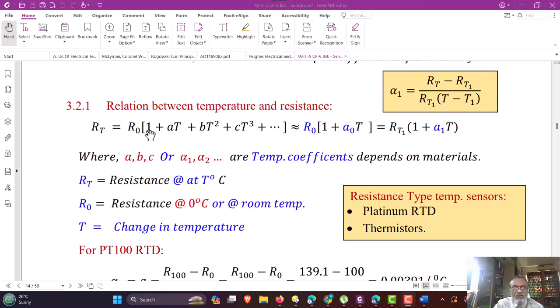So basically it is a non-linear relationship, whereas the coefficients alpha, beta or A, B and C are diminishing. Means A is the largest coefficient, B, C, D onwards are very low, and therefore the resistance RT, that is the resistance at temperature T, is approximately given as R0 into 1 plus alpha 0 T,